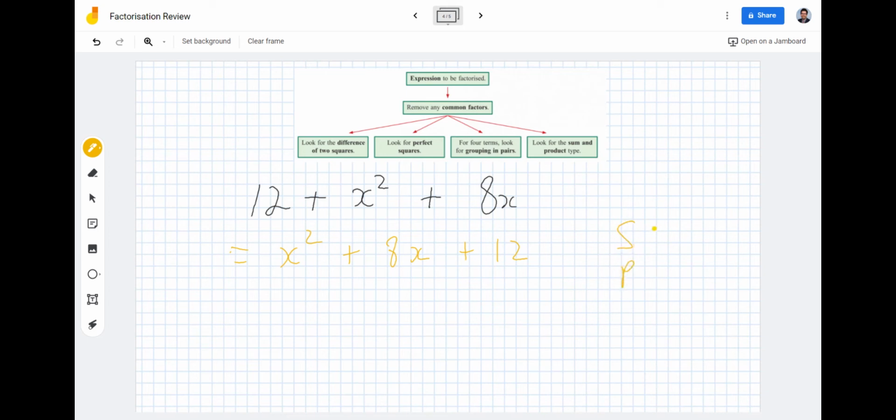What's the sum going to need to be? Sum needs to be 8. What does the product need to be? Yes, 12. Sum, product. What two numbers have a sum that's 8 and a product that's 12? 2 times 6 is 12, and 2 plus 6 is 8. So 2 and 6 are the numbers. X plus 2, x